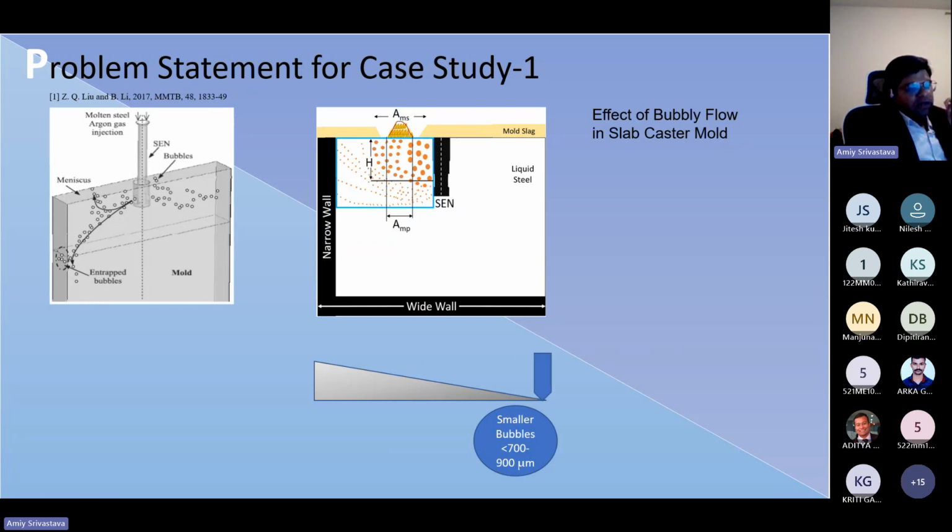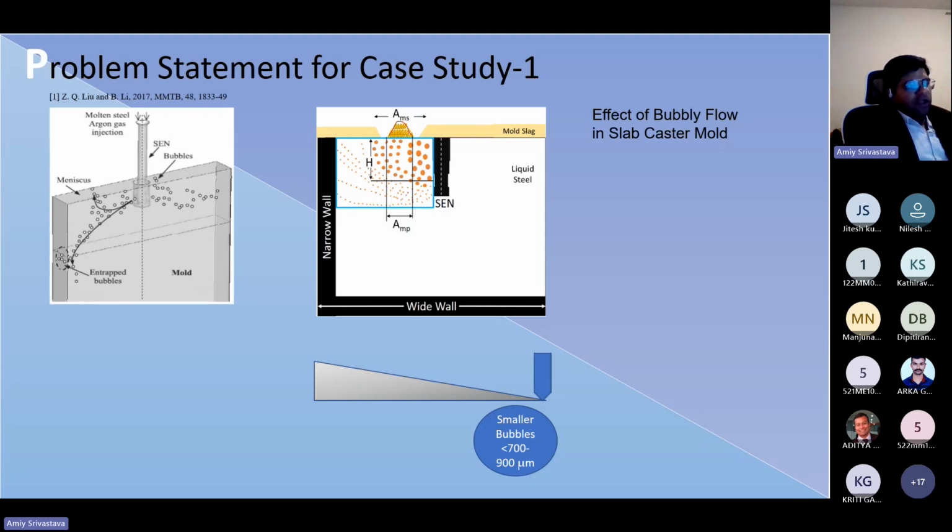Smaller bubbles, with a very small diameter like 700 micron or 900 micron, contain less air, so the buoyancy force is less. Those bubbles are basically influenced by the liquid steel flow and inertial forces, so they are not able to surface up. They cannot go up to the slag layer, and they go to the narrow wall, and sometimes